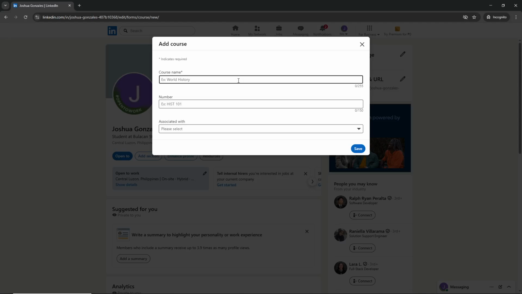In the form that appears, input the course name, the institution or organization it's associated with, and any other relevant details. This shows potential employers that you're committed to continuous learning and improving your skills. Once you've entered all the information, click Save, and that's it. You've successfully added both projects and courses to your LinkedIn profile, making it more comprehensive and appealing to anyone who